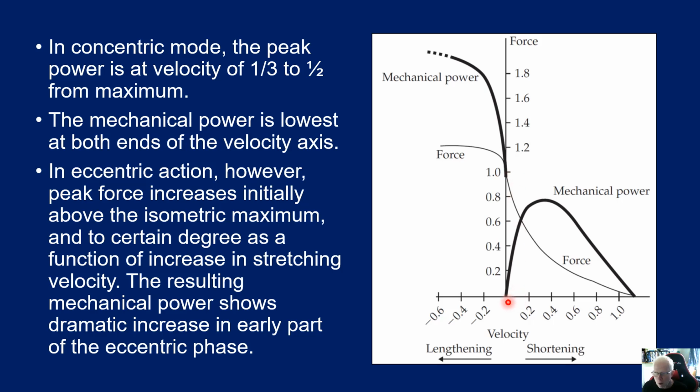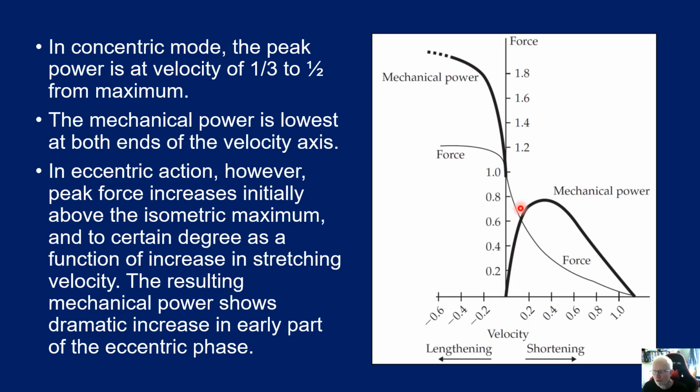In other words, when we're under very, very high loads and we've got no change in velocity, then the amount of power being produced is zero. The reverse is also true. When we're under very low loads, but we're at maximal shortening velocities, then again, mechanical power is near as damn it zero. But under eccentric conditions, so here's our eccentric curve,